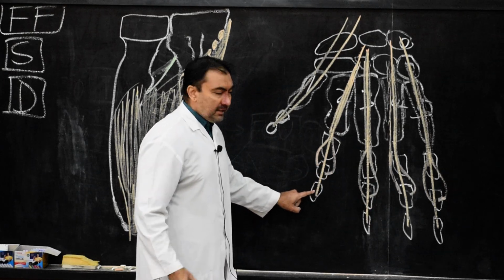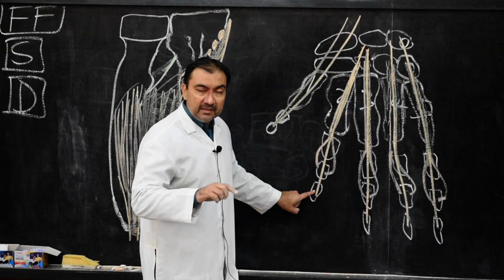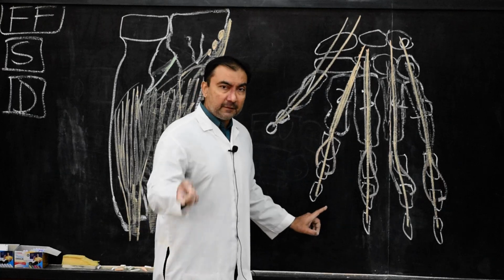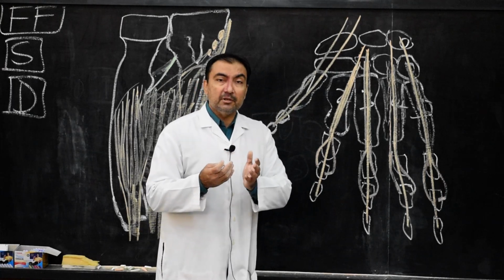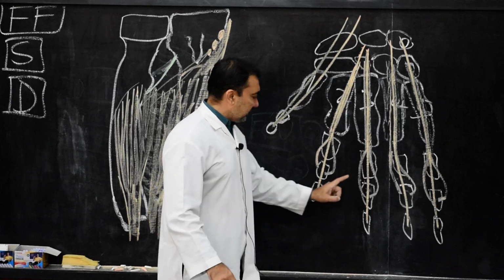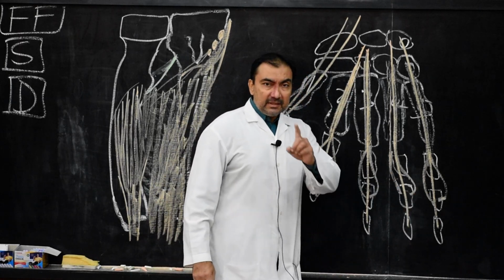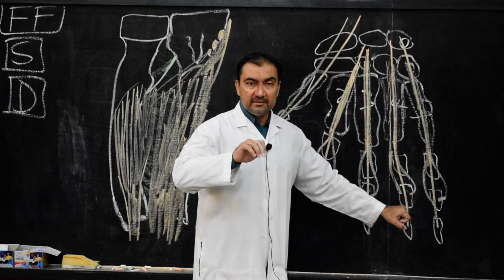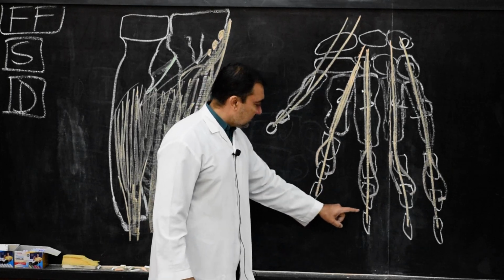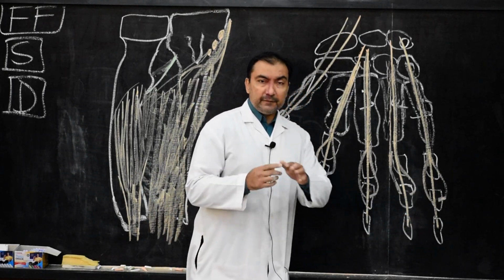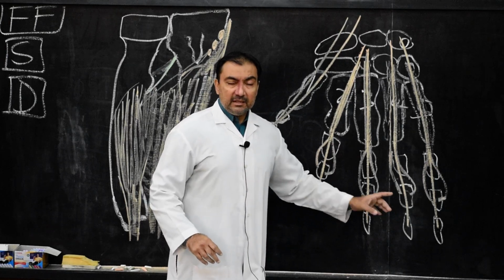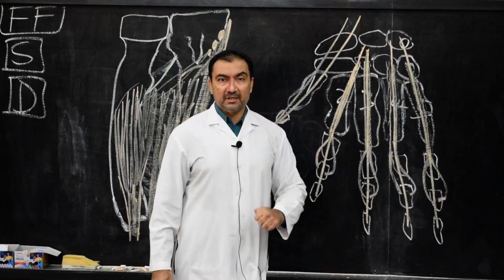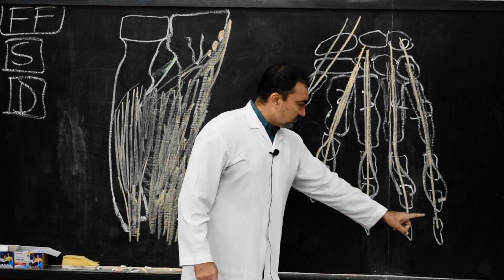the palmar surface of the base of the distal phalanx, of how many digits? The medial 4 digits, or medial 4 fingers: index, middle, ring, and little finger. So the insertion of flexor digitorum profundus: it will divide into four tendons and be inserted into the palmar surface of the base of the distal phalanges of the index, middle, ring, and little fingers. It is traveling deep to which tendon? Deep to the tendons of flexor digitorum superficialis. This is the insertion of flexor digitorum profundus.